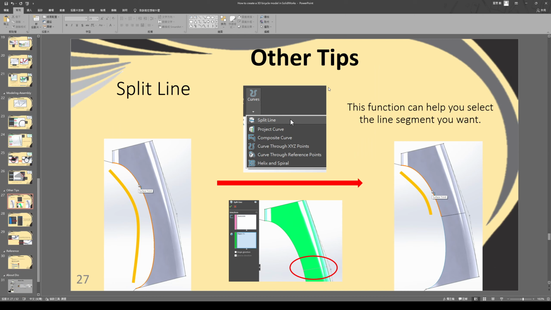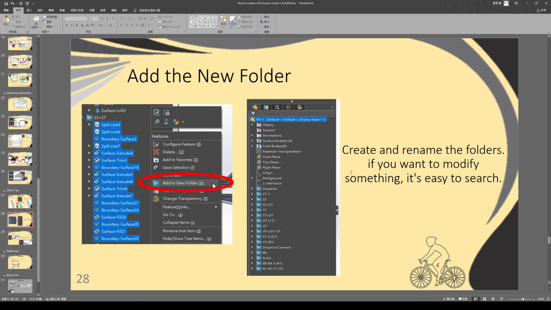Let me introduce other tips. The function split line can project onto an object, but here I am just showing you how to split the surface. And here is a cutting line. There is also an easy way to manage your steps.